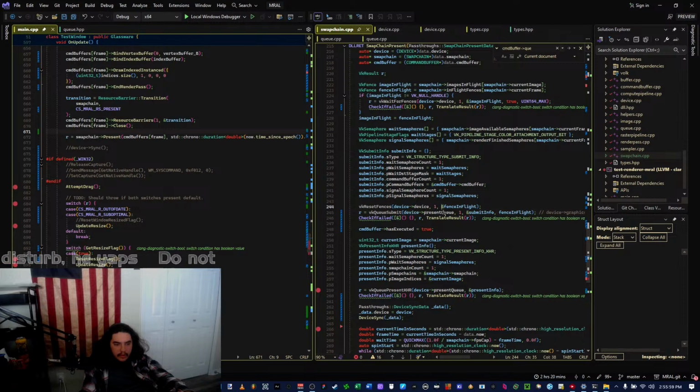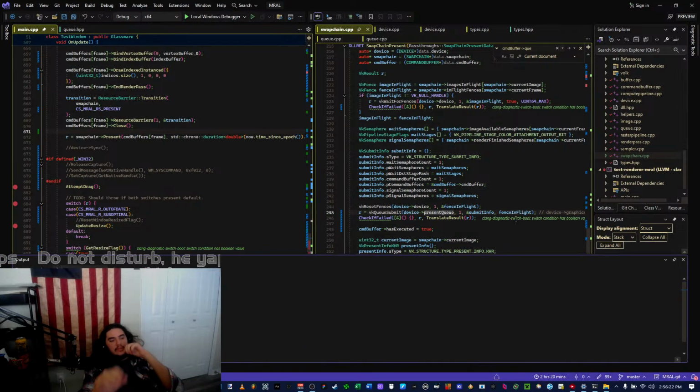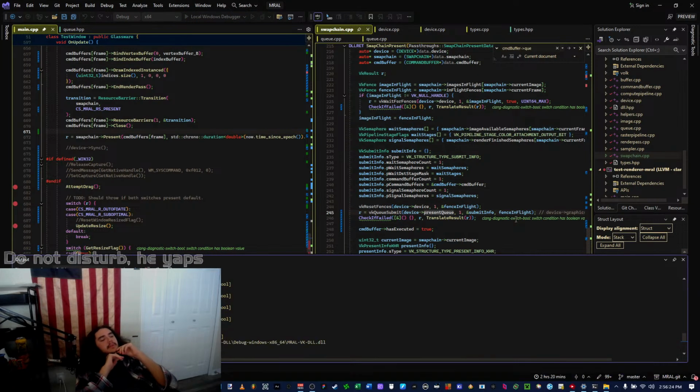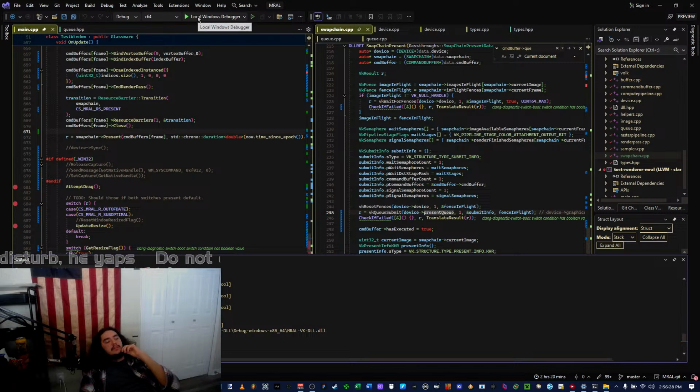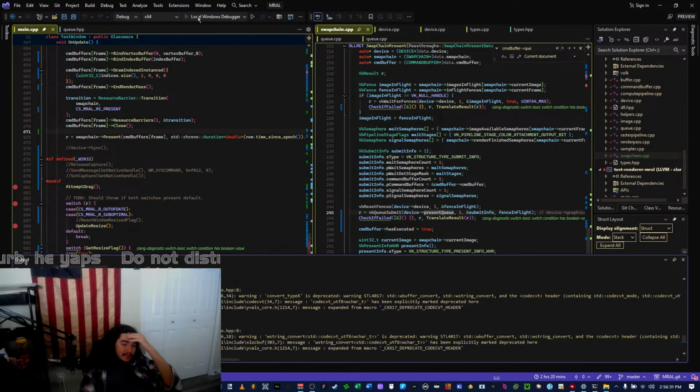Wait, graphics queue. I'm gonna try present Q. I don't know. Isn't it supposed to be submitting against the Q of which the command buffer came from? Why is it not doing it? I don't know.